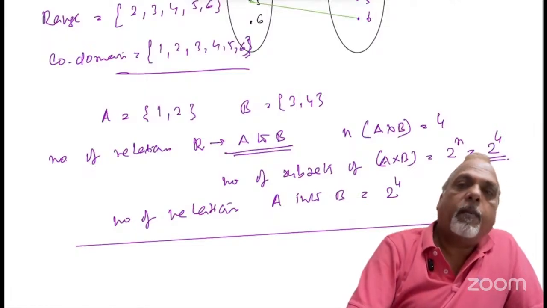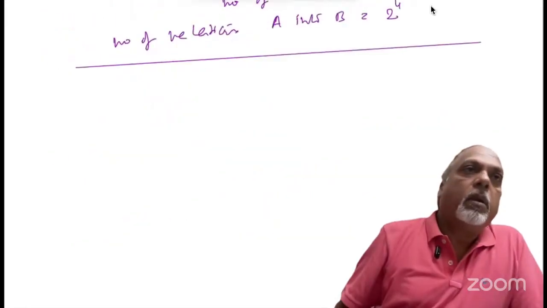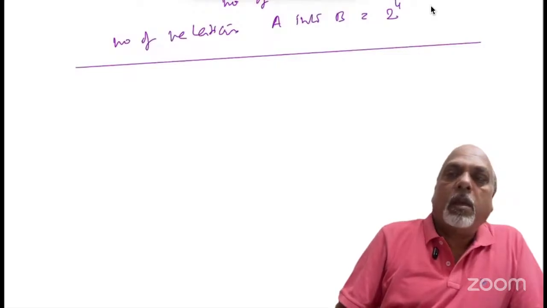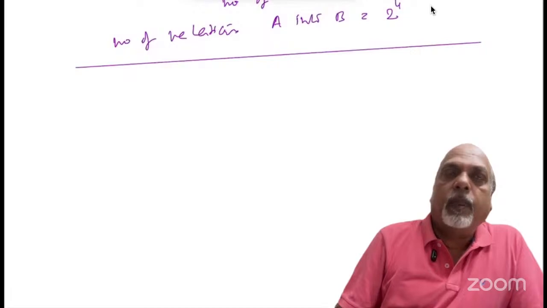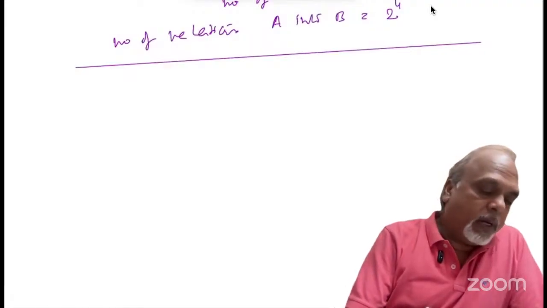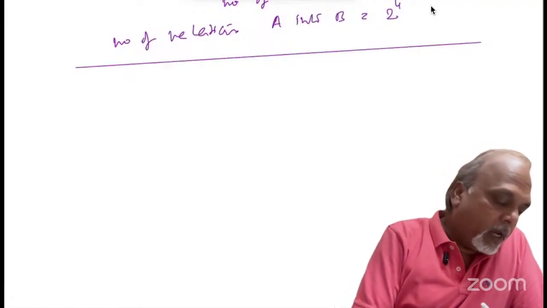Correct? So we have seen what is a relation, how to find out domain, how to find out range, codomain. Correct? Now there is another important aspect in this chapter, and that is called